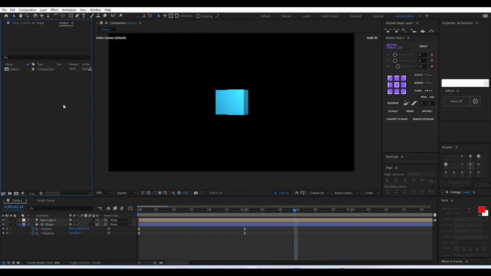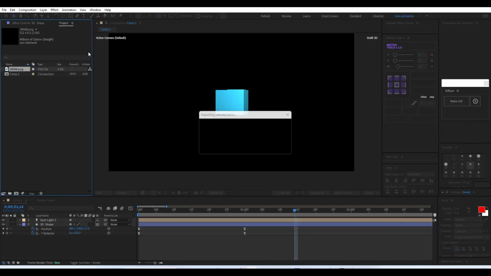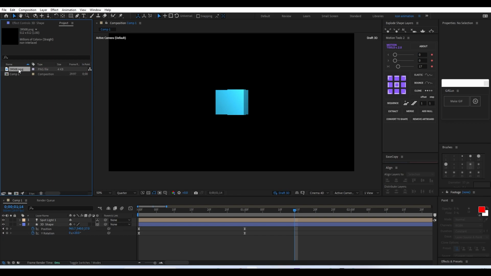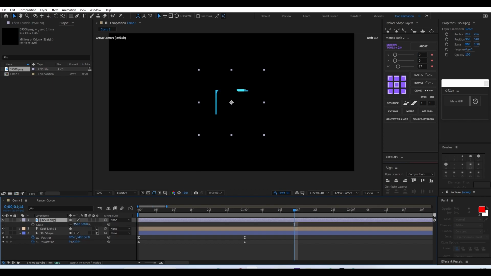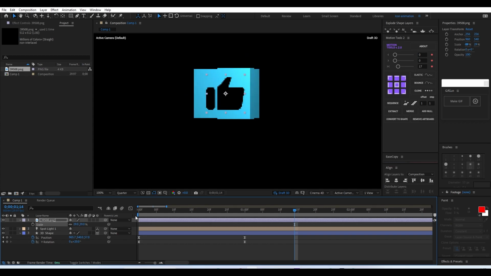Once we save the file, I have a few images of a bell button and like button downloaded from the internet. So we'll add the like button. It's a PNG image. We'll just drag and drop it into our composition, and we'll scale and align it properly first. Once that is done, we'll turn that also into a 3D layer,